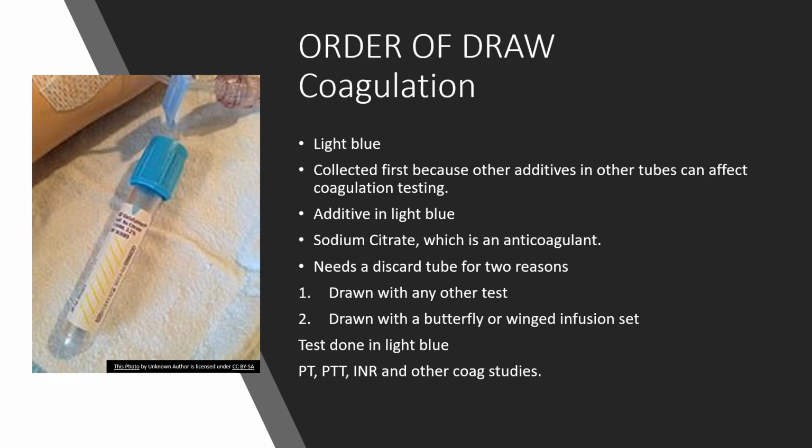Now the reason we would do that is because winged infusion sets or butterflies come with tubing. Now remember how I talked about how vitally important it was that the proper blood to anticoagulant ratio is spot on with this light blue top tube. There's air in that tubing. So if you draw it first, then as it goes to suck that blood into the tube, it's going to be a little bit off because it drew that air in. Okay, you have to remember it's going to draw a little bit of that air in, and I know it's not very much, but it could be off a little bit,